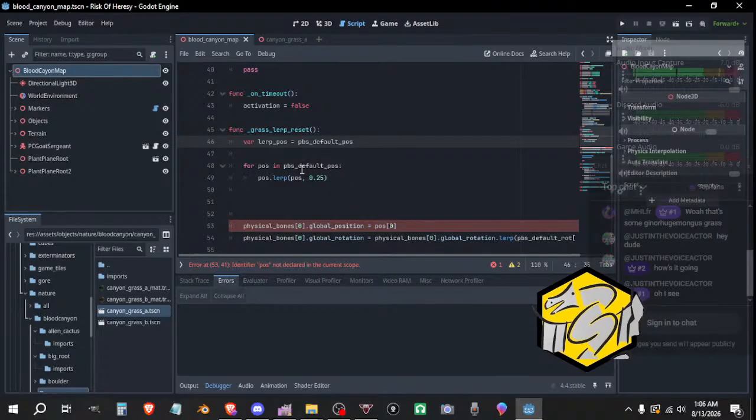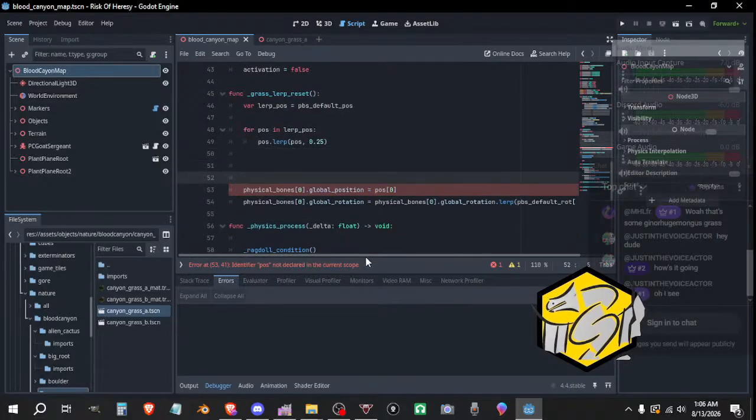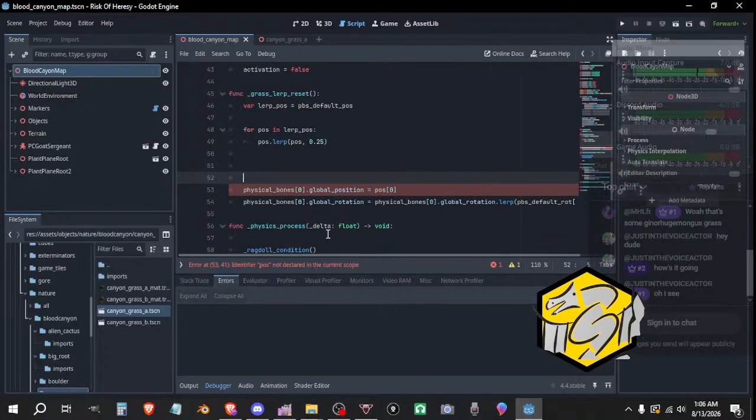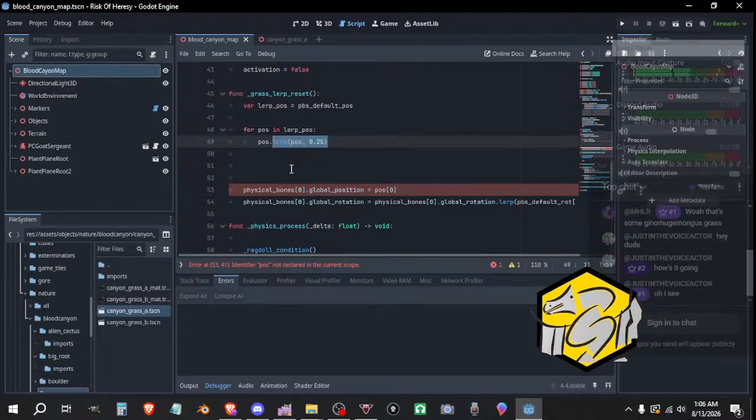We'll change this to lerp position. And we want to lerp its current position to this. So this needs to be, instead of the bone here, this should be